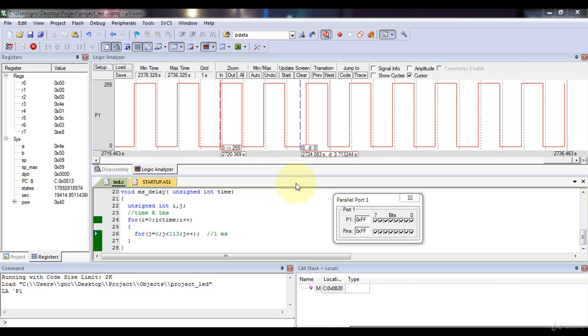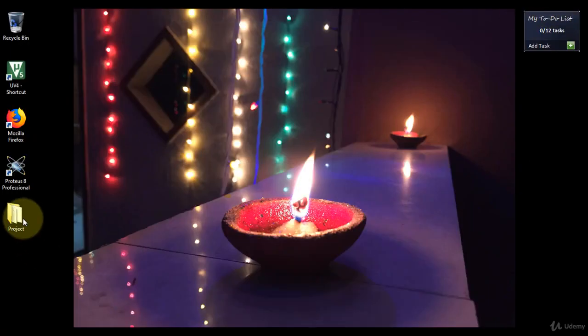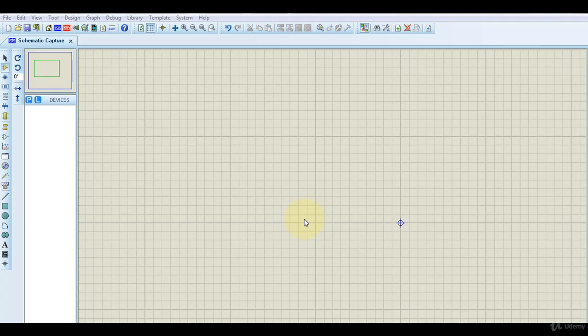of the system around the 8051 microcontroller, you can use the software named Proteus. Proteus is a circuit simulator software that we can use to build the system around the 8051 microcontroller, and we can dump the hex file created in our previous project into this software. So let's start.